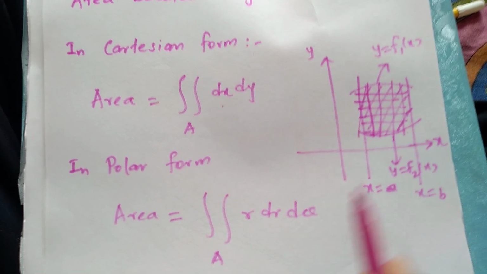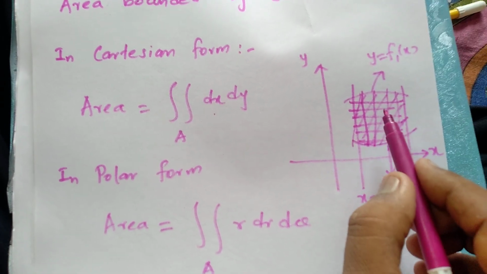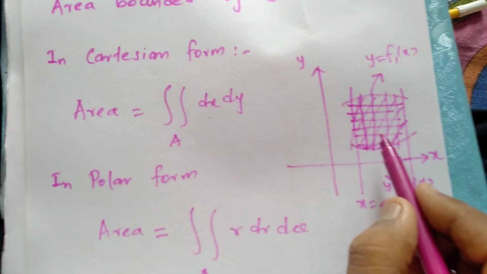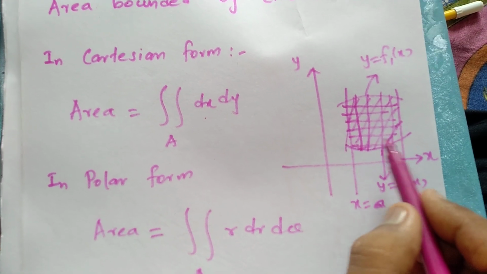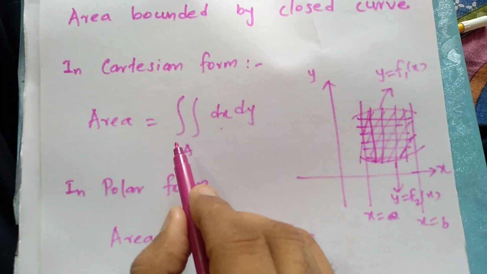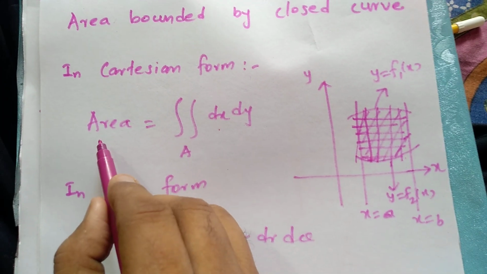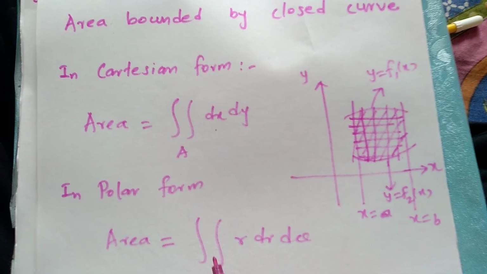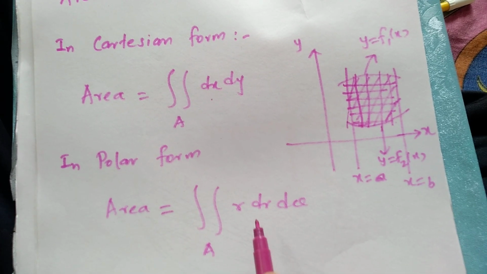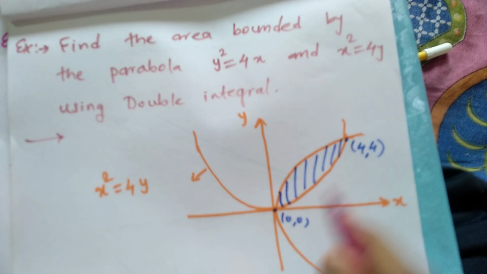Correct or not? And whatever the area given to you in the question, you have to first plot that area and find the limits of integration. What is the variation of the x coordinate within that area, and the y coordinate within that area, and substitute the limits in the formula of area and solve that double integration. You will get the area bounded by that closed curve. Correct? So if the area is bounded by a polar curve, then use this formula. Now let us discuss a few illustrations related to this.